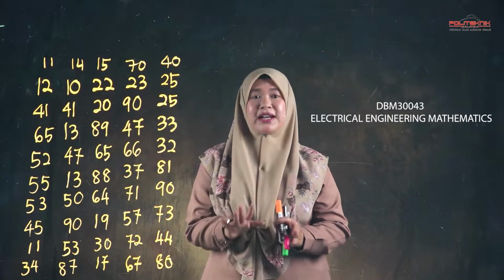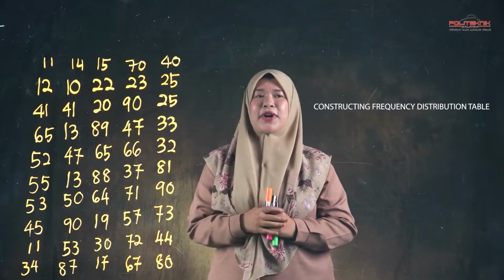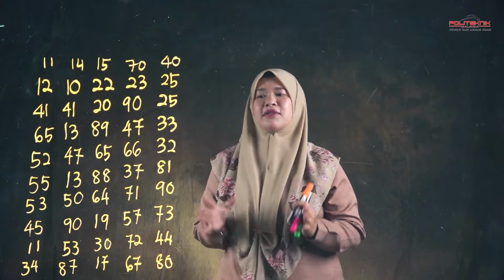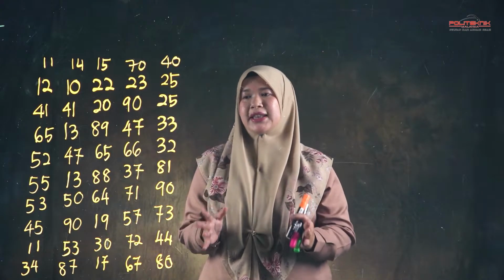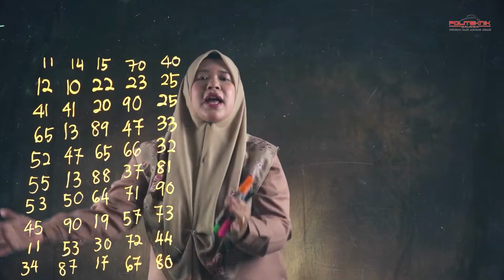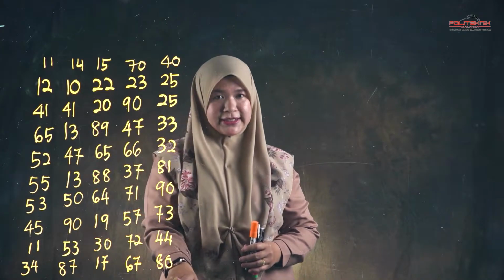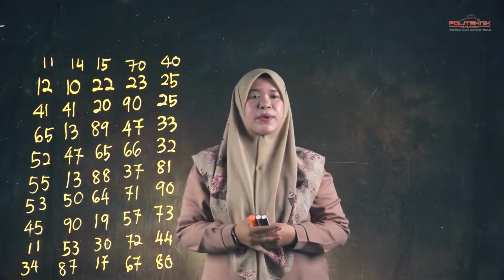Today we are going to learn how to construct a frequency distribution table. First of all, we need to have a raw collection of data, which is what we call the ungrouped data. It consists of 50 data, which starts with 11 and ends up with 18. Okay, first, before we